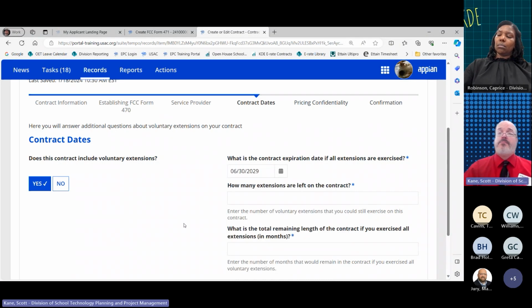And by the way, having been through a handful of contracts at the state level that don't match up in terms of the E-rate year, when they start and when they end, I cannot more highly recommend to you all to avoid that situation if at all possible, and make sure that your contracts align with the E-rate year, at least in terms of the contract expiration date.